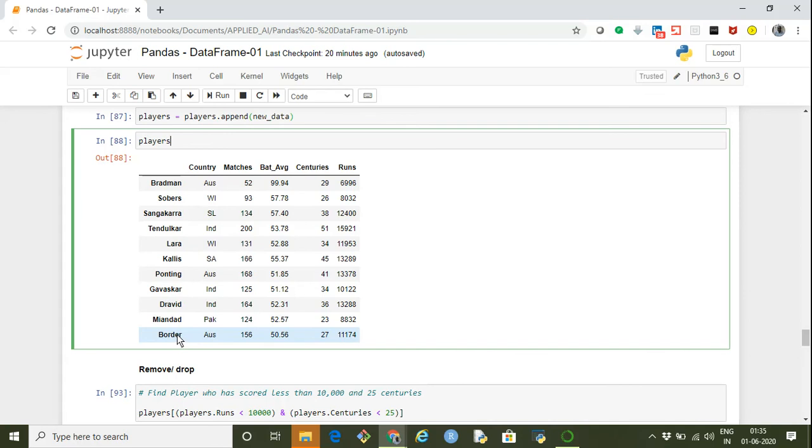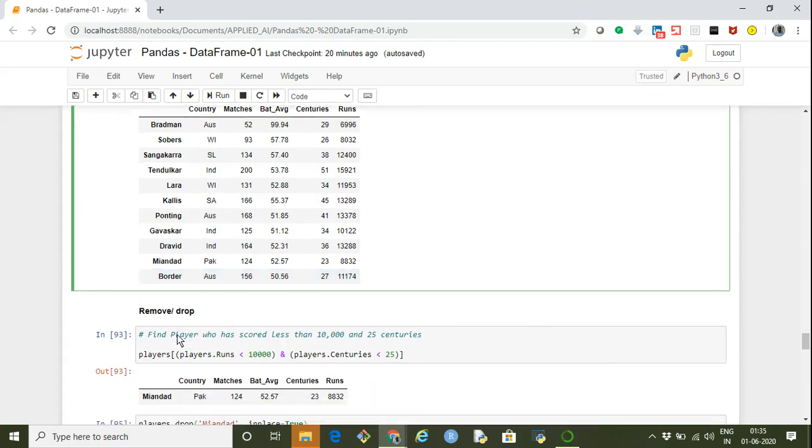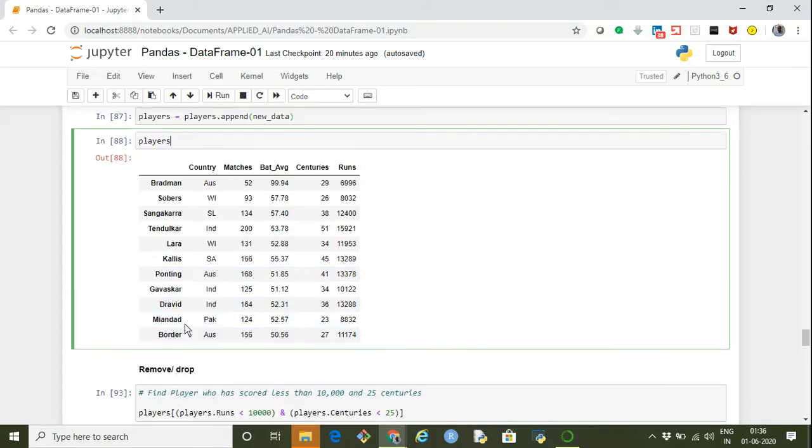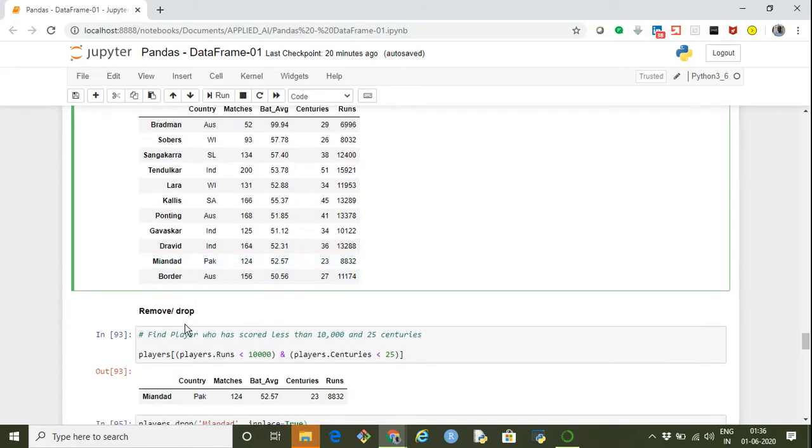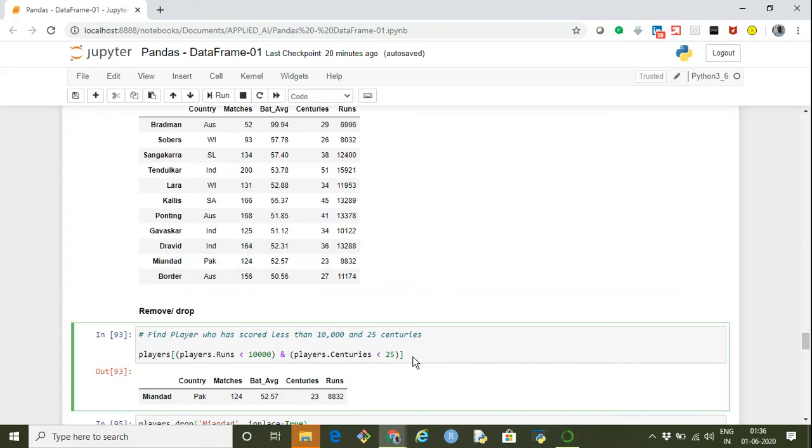Let's say there is a requirement to drop or remove any particular record based on some condition. So first we have to specify the condition and zero in on the particular record. Let's say our criteria is to remove those players from this data frame who have scored less than 10,000 runs and 25 centuries.